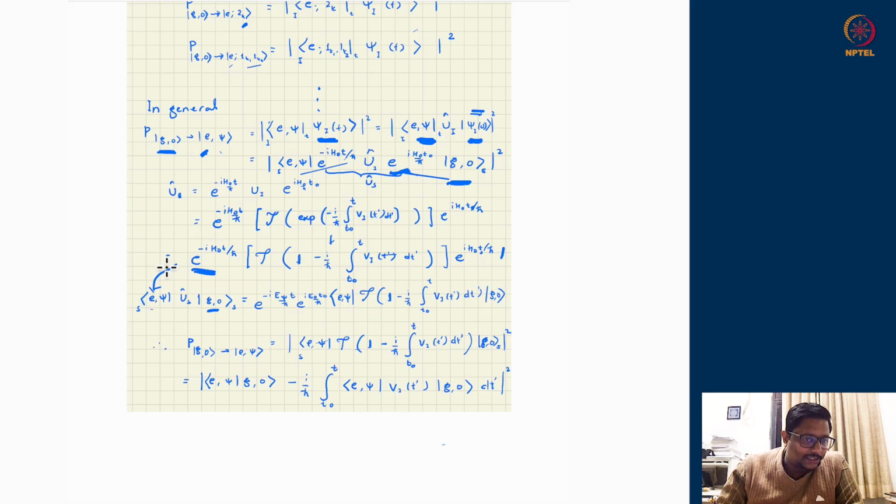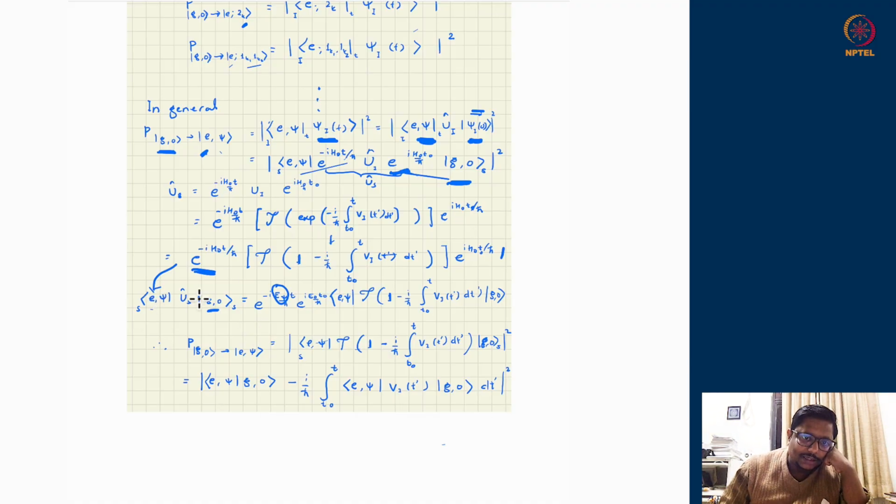So I will get both of them here, E and psi. E is the excited state of the atom and psi is one of the excited states of the field. Overall, this is the eigenstate of this operator H naught. So I will get the total energy of the whole state, which I am calling E psi. E psi is not just the state energy eigenvalue of the field. It is the total energy of the whole system.